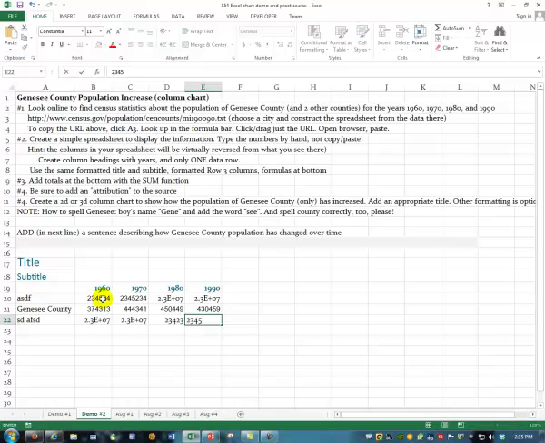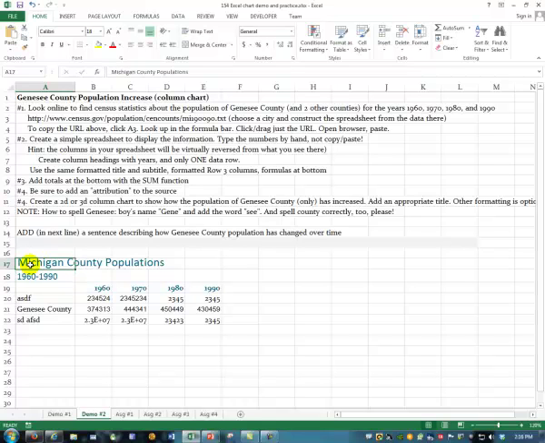Oh. Yeah, these 2 I need to make smaller, huh? There we go. Then it says create columns, headings, use the same formatted style. Okay, so let's do the formatting then. I'm going to type Michigan County populations, and this will be 1960 to 1990. For the